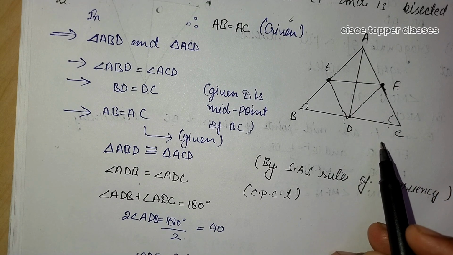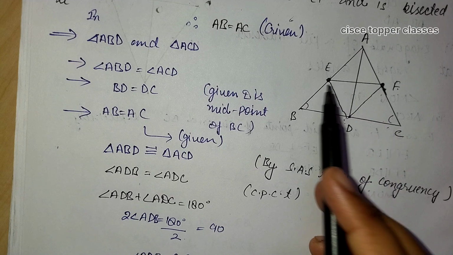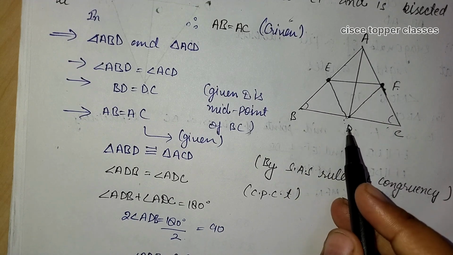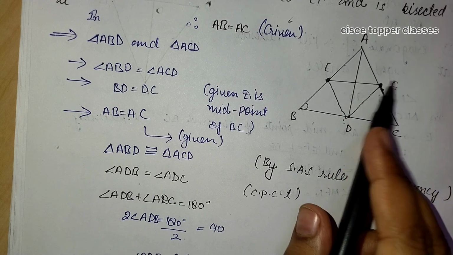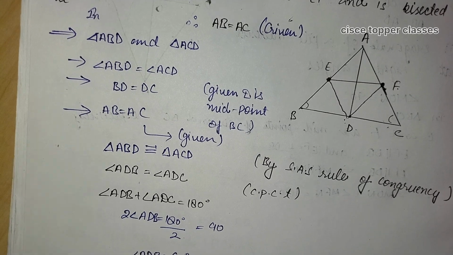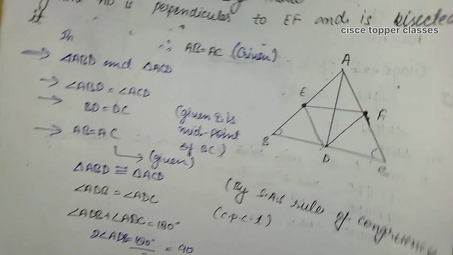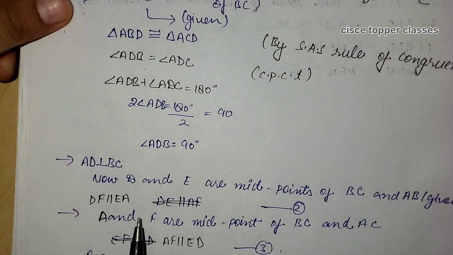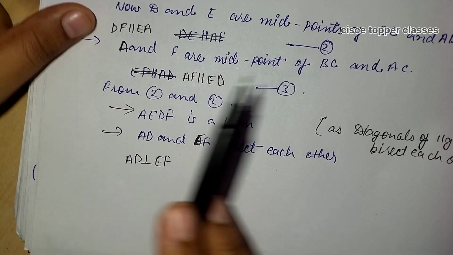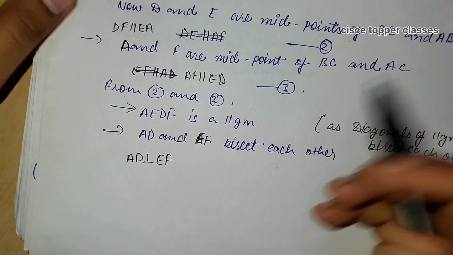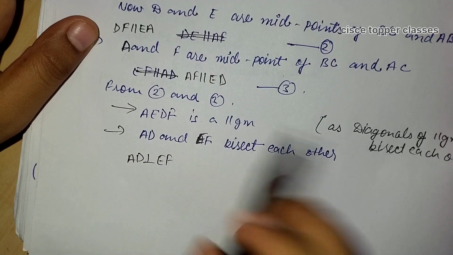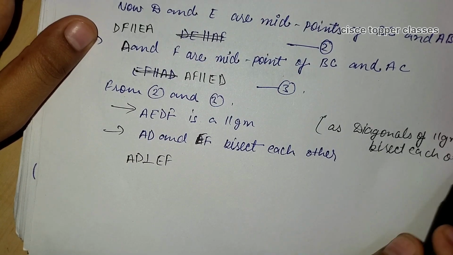So we can simply see that here D and E are the midpoints of lines BC and AB. From here we can say that DF is parallel to EA, and AF is parallel to ED. Now from this given information we can simply say that both pairs of sides are parallel. So AEDF is a parallelogram, and as diagonals of a parallelogram bisect each other,